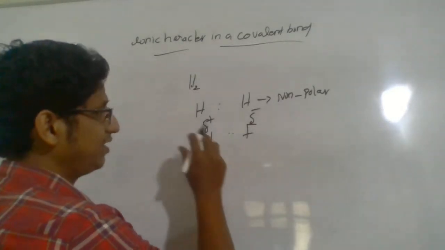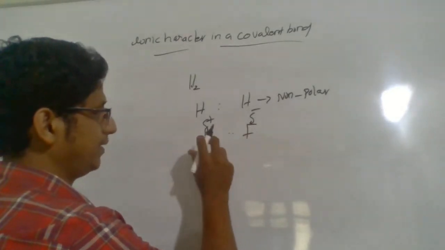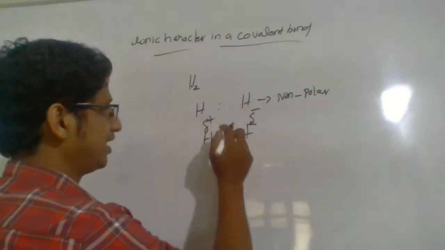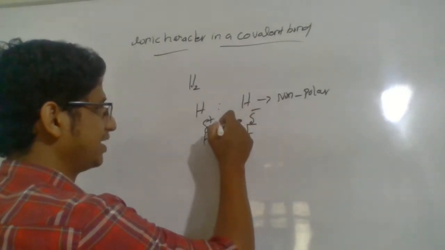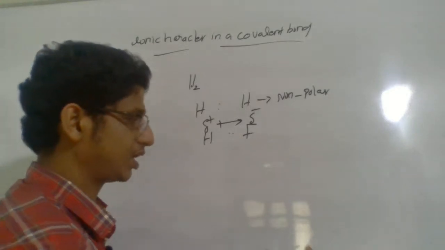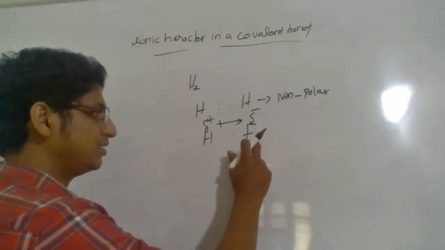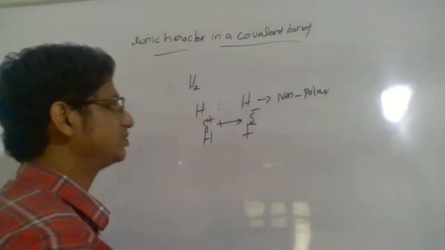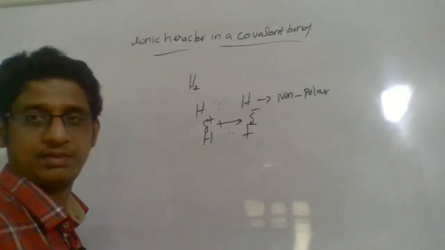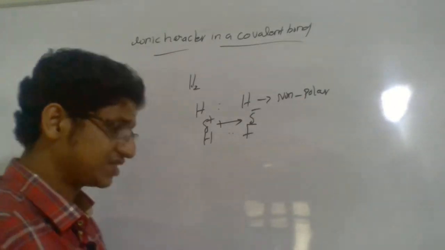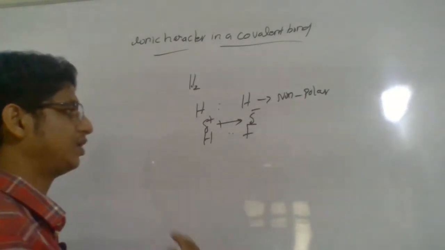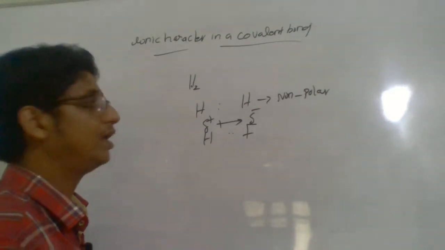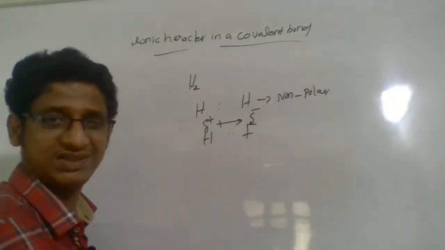But now we will say a polarity will be developed in a direction where, now we will represent it like this, where fluorine is more electronegative. So it will point towards the more electronegative atom. So this is the way you can represent the polarity. Which means HF is polar because of the more electronegative nature of fluorine, and hydrogen molecule is non-polar